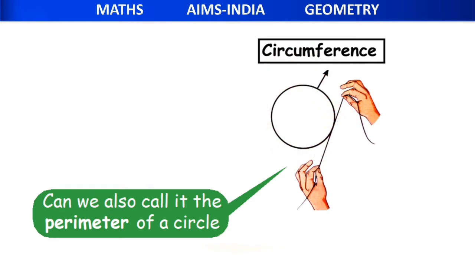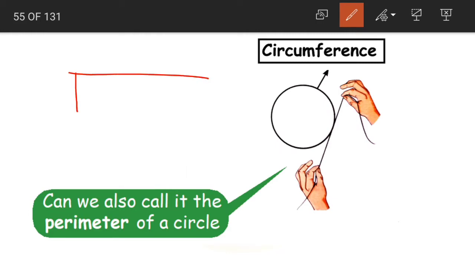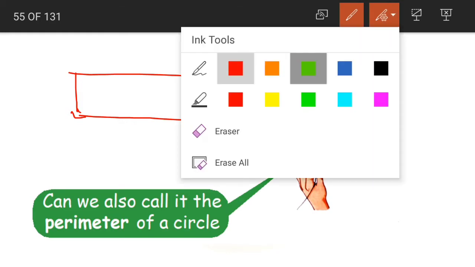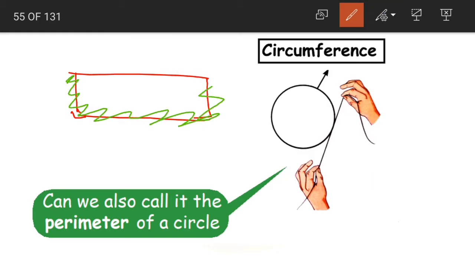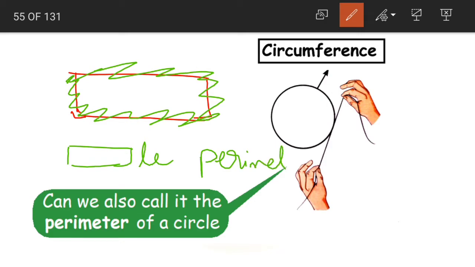See, now this is a circle, right? Now if I take this, consider this as an eraser. Now I want to find out the length of the boundary. What is the boundary? All these red lines. Yes, so this is our boundary. Now if I want to find out the length of the boundary of this eraser, children, how can I find out? We have already learned this is in the shape of a rectangle and the length of the boundary is nothing but our perimeter. So we use our perimeter formula to measure the length of this boundary.